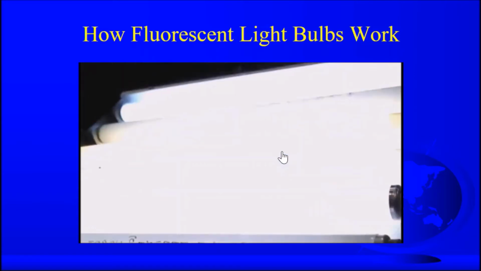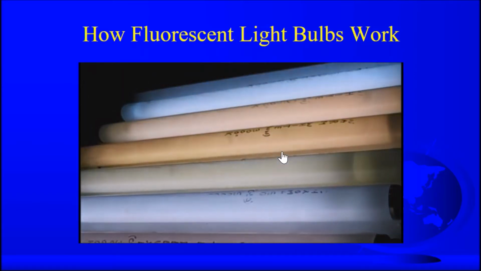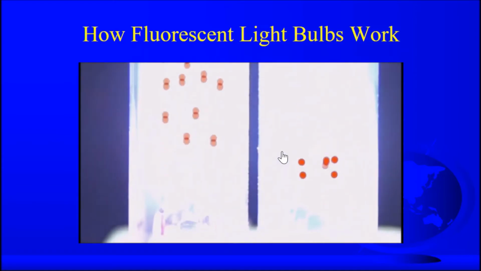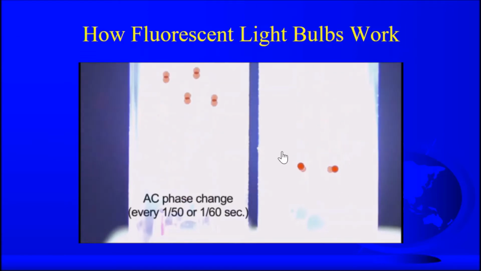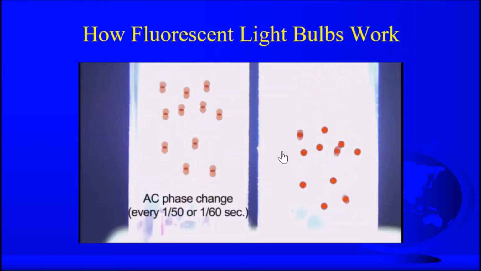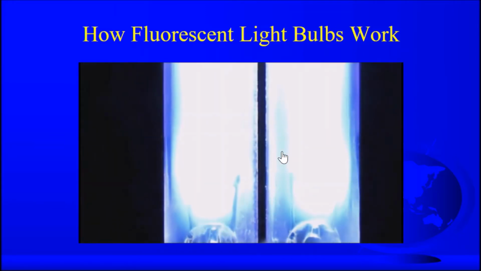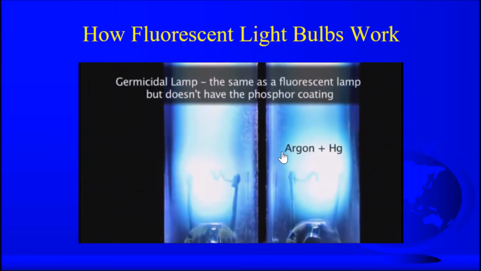And that's good because when the filaments heat up, they give off the electrons. Then a high voltage pulse is sent through the lamp from the starter, and that pushes those electrons through the lamp from one end to the other, and it starts an arc through the lamp, through the gas that's in the lamp, which is argon. And this argon arc